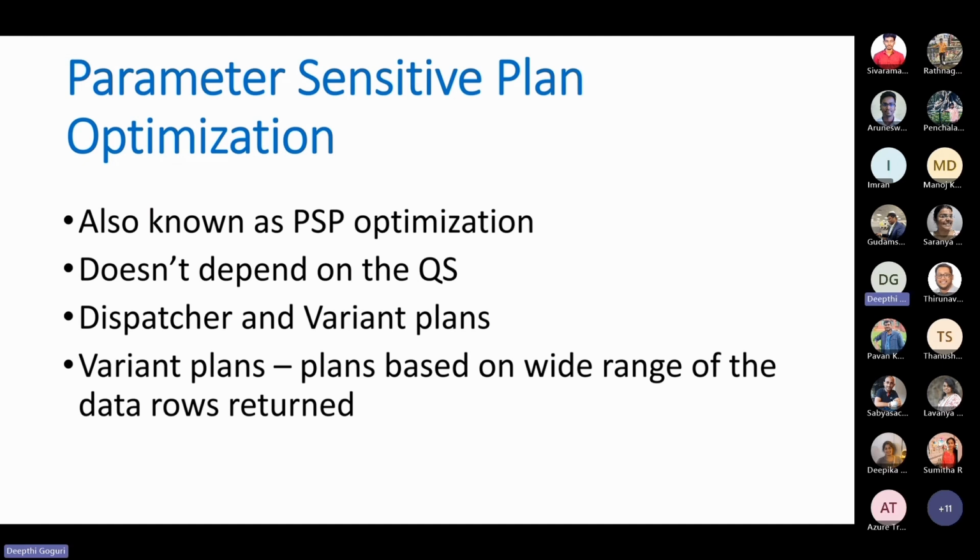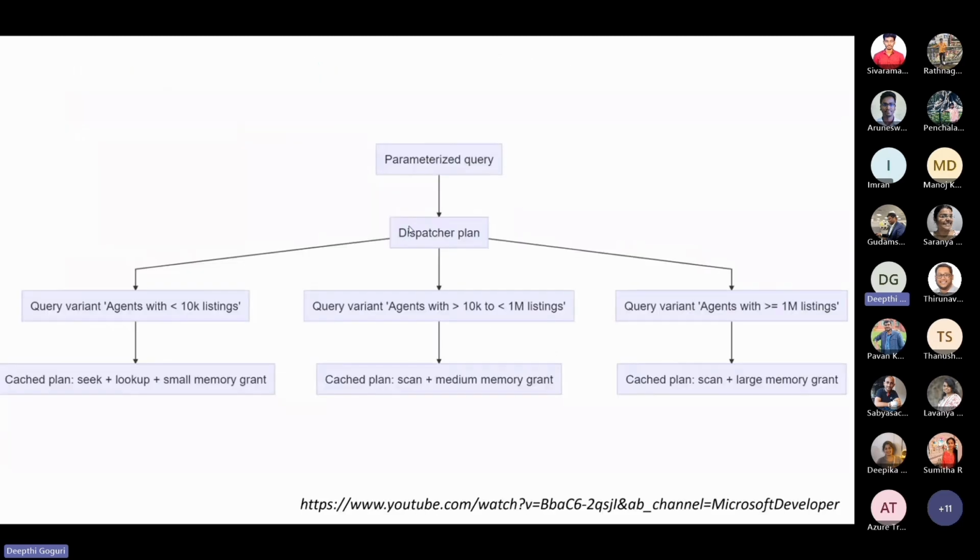So how did they do that? There is something known as dispatcher and variant plans that got introduced in SQL Server 2022. Now let's talk about what these dispatcher and variant plans are. Let's say you are sending a parameterized query which has sensitive parameters, right? Let's take the previous example. One parameter returned 360,000 records, and the other one just 385 records. Now, when that particular stored procedure executes, the thing in SQL Server 2022 is there is something known